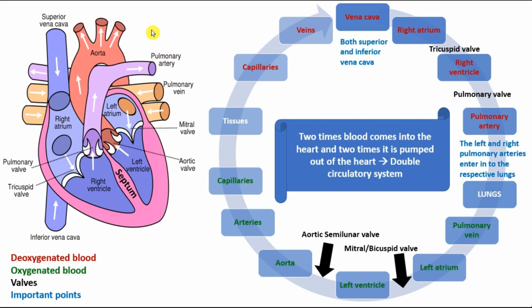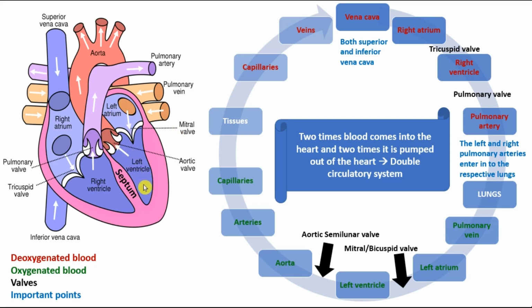Here the impure blood is processed by the lungs and the pure blood is given back into the pulmonary veins, the red veins on both sides of the heart. These pulmonary veins end up in the left atrium, which is the upper left part of the heart. So now the blood is pure, it comes into the left part. Here it passes through the mitral or the bicuspid valve, both the names work, into the left ventricle, which is the lower left part of the heart.